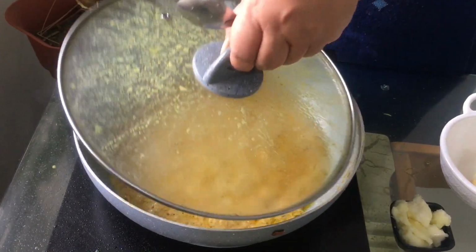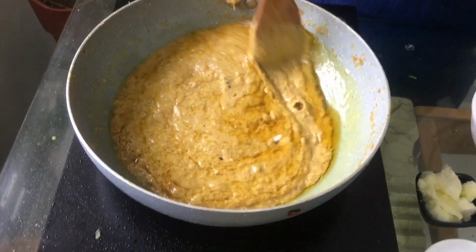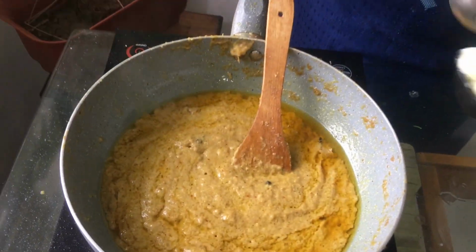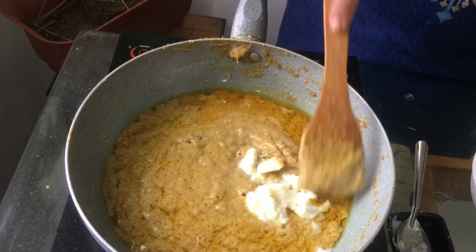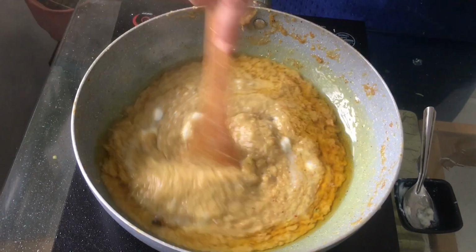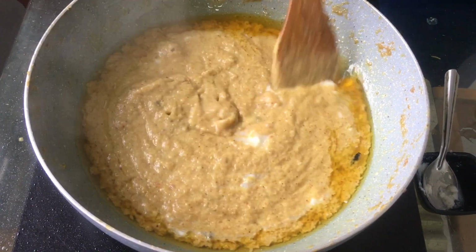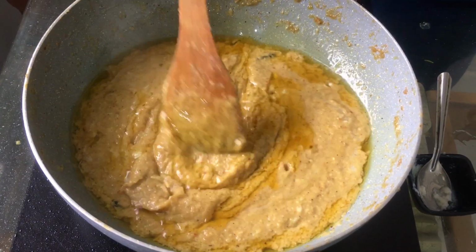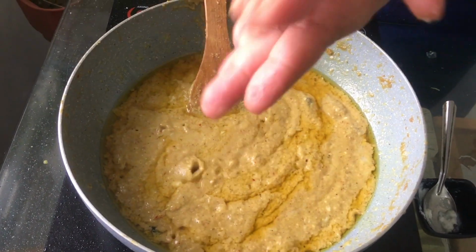So friends, on slow cooking for 10 to 12 minutes, now all the oil has separated. We can remove this extra oil, and now we have to add cream to it to give richness. You can avoid it, but if you want something creamy like we eat in restaurants, you can add it, because these foods are not eaten daily. Sometimes you can just manage to have them and put some more effort into your exercise. And this is kasuri methi. Crush it